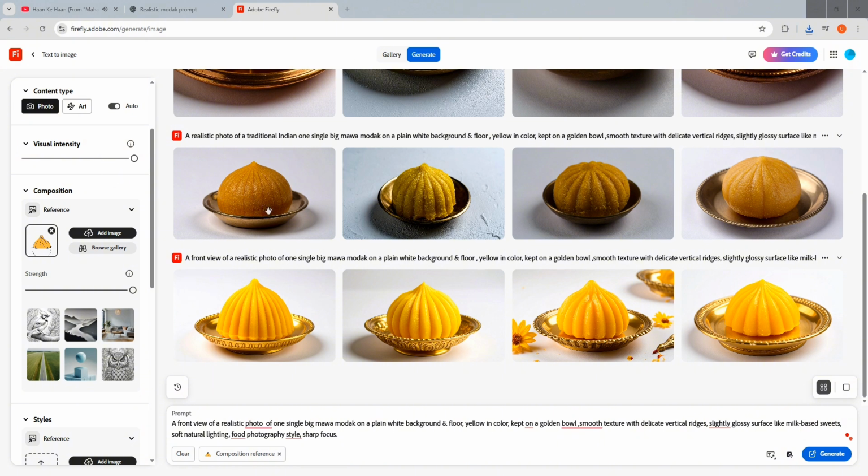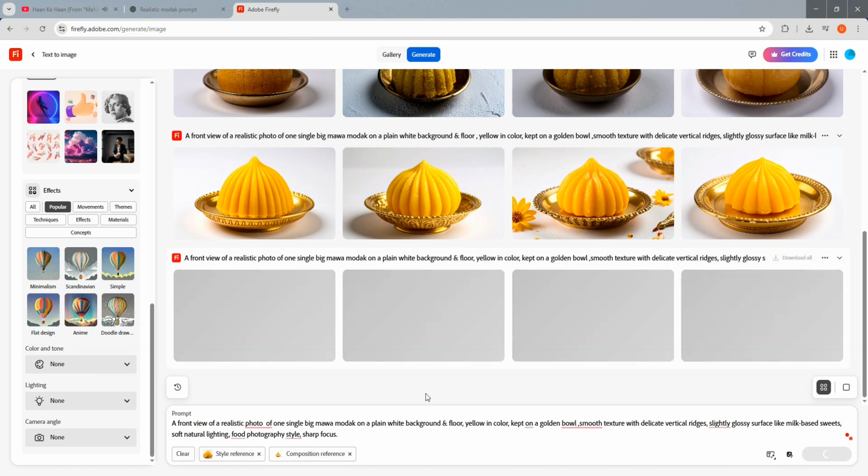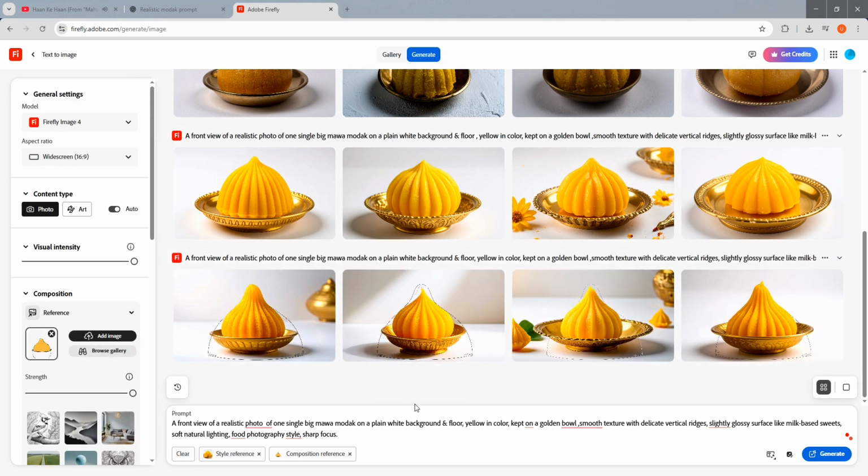Okay, so now let's just save these images. Okay, this is perfect, I guess. All these images look perfect, just that I need to get it in the perfect shape the way I use it.